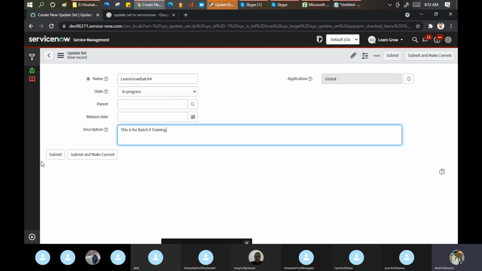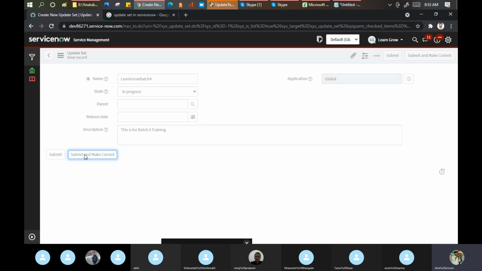Now you have two options: Submit, or Submit and Make Current. Submit and Make Current will change the current update set to Batch 4. I click here, Submit and Make Current.